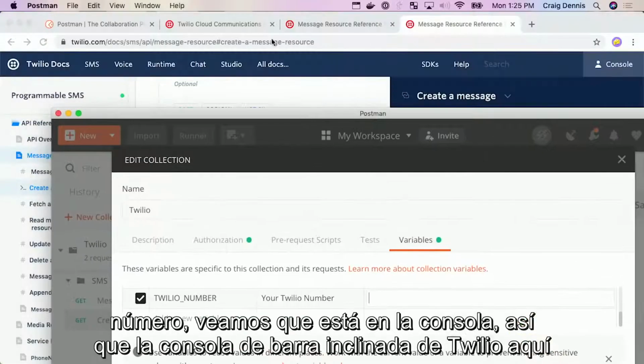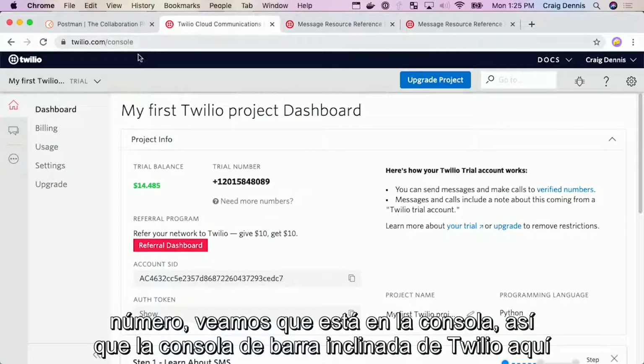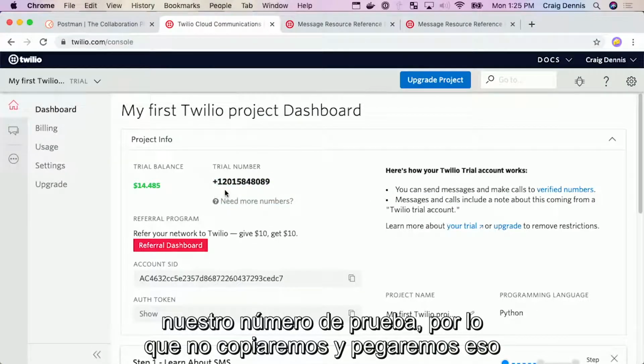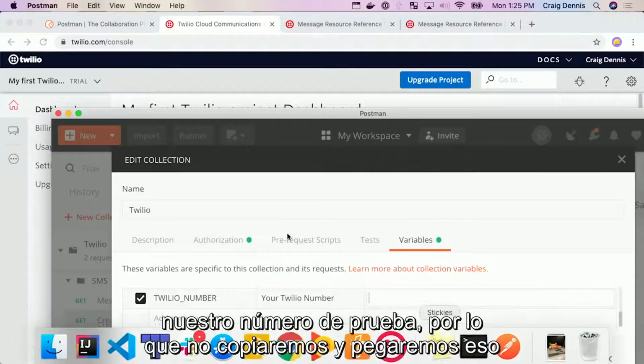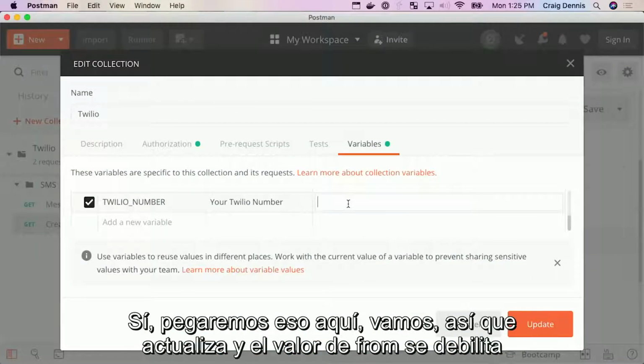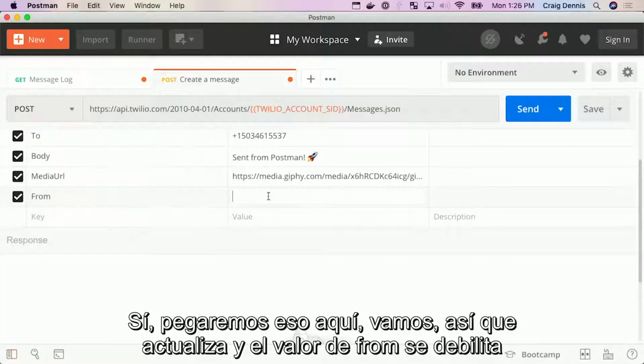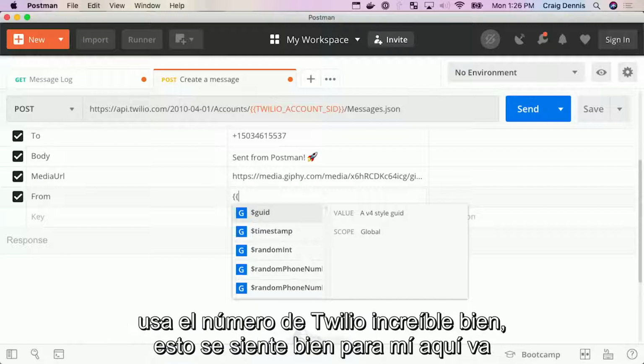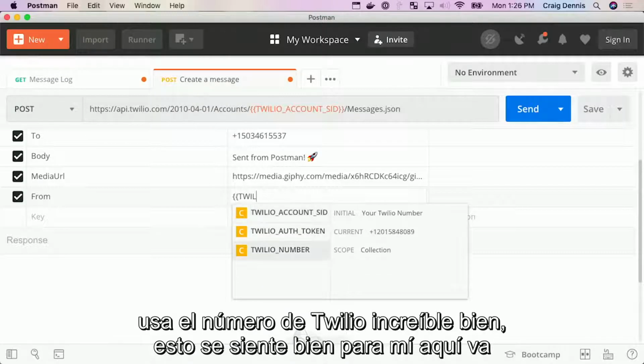Let's look at that. It's in the console. So Twilio console, here's our trial number. That's what we want. Copy and paste that, and we'll paste that here. There we go. Say update. And so the From value, we can use Twilio number.